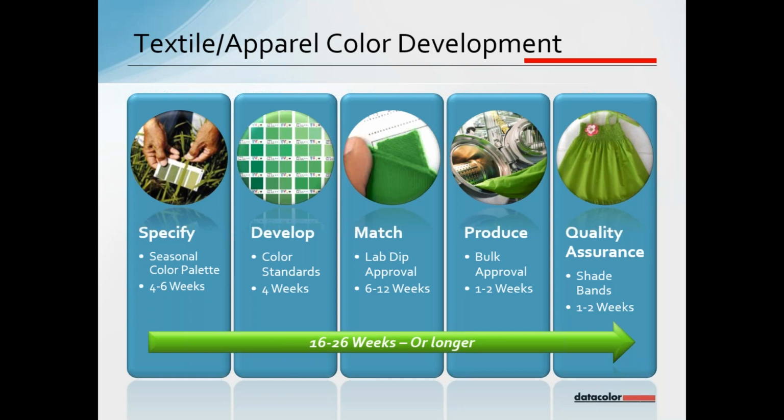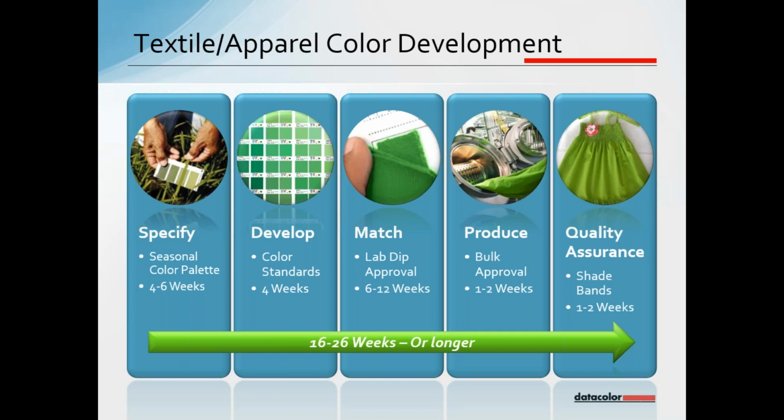That process also takes 1 to 2 weeks initially. Overall, though, when we look at the amount of time it takes to get from the initial design process for selecting color until we have color in production, that can take 16 to 26 weeks. So it's 4 to 6 to 7 months, so often longer. So the color development process can begin, in many cases, 6 to 9 months prior to actually needing the products